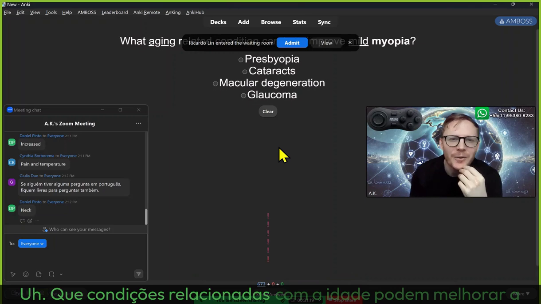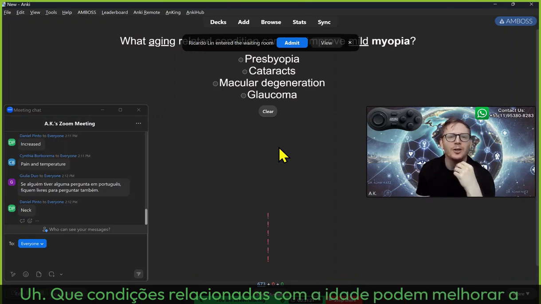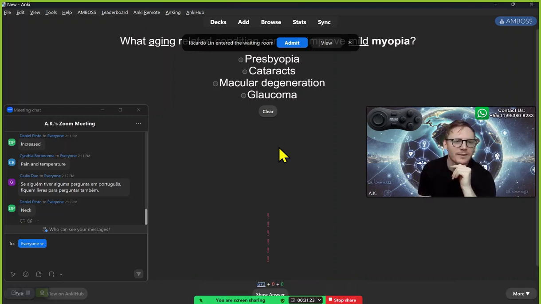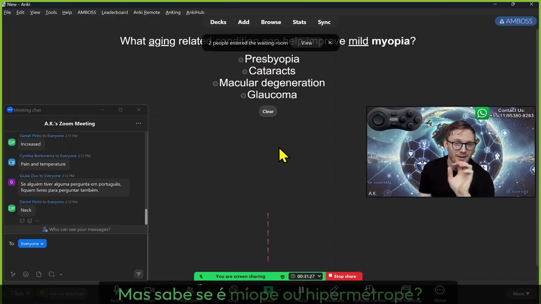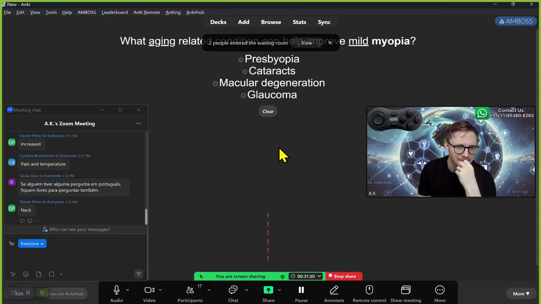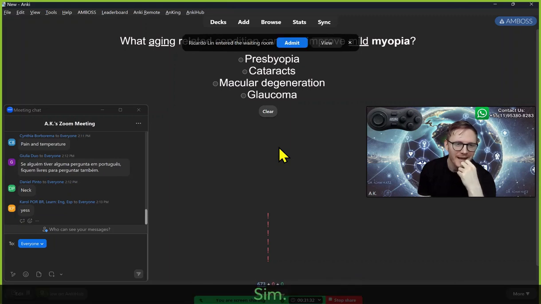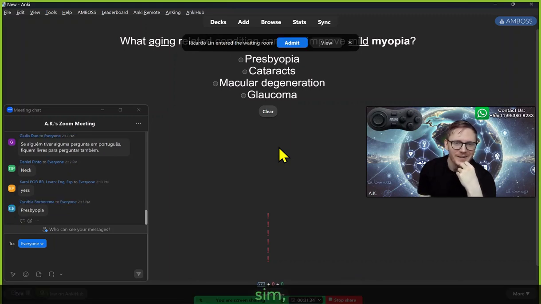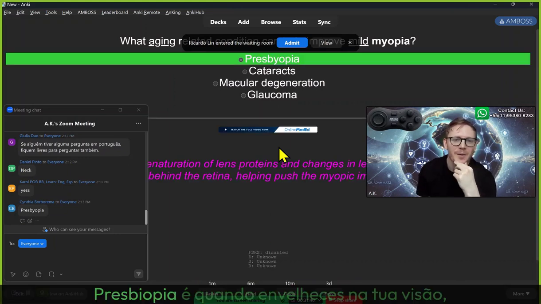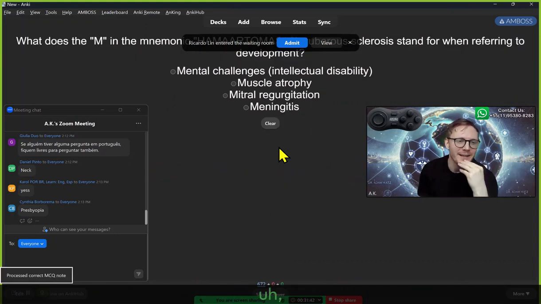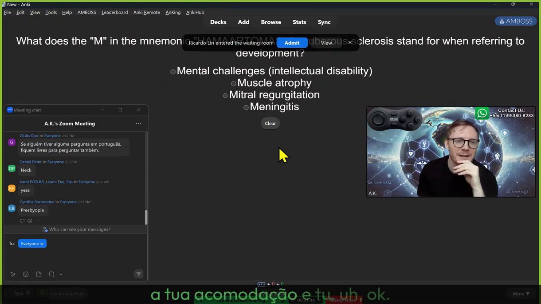What age related conditions can improve mild myopia? Do you guys know what myopia is? Which, I know you know that it's one of the two, but do you know whether it's nearsighted or farsighted? Okay. So myopia. Yeah. So presbyopia. Presbyopia is when you get older and your accommodation